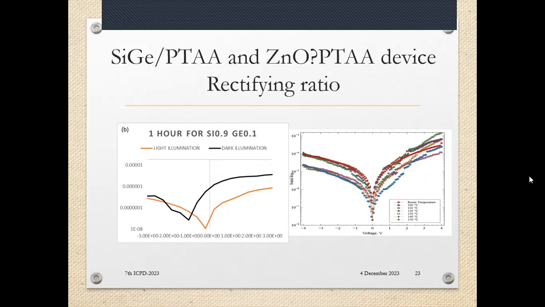And the most impactful relationship of both the transparent devices, as you compare the zinc oxide PTA and silicon germanium PTA, you can see that the rectifying ratio of silicon germanium with respect to zinc oxide is very high. Here the forward and reverse current directions are almost similar, but here the forward current is very high compared to the reverse current, which determines that it has the highest rectifying ratio,